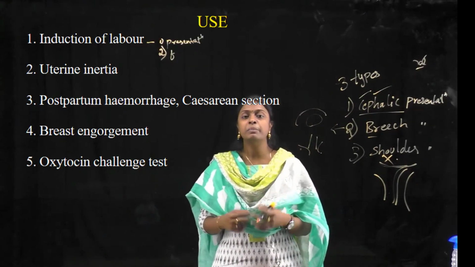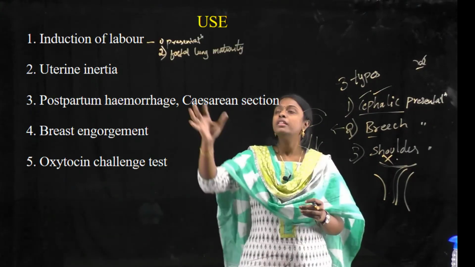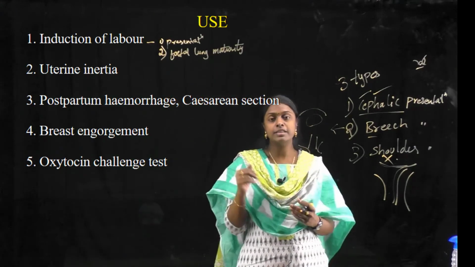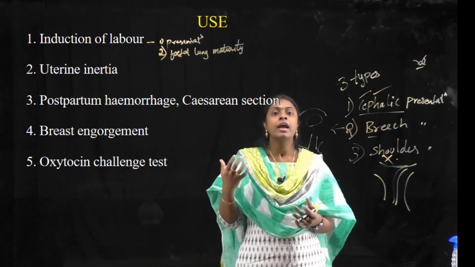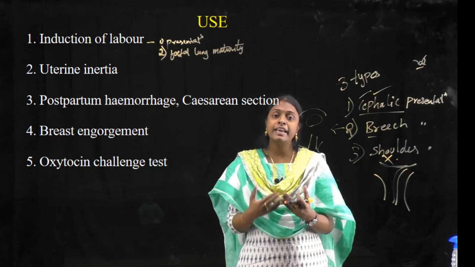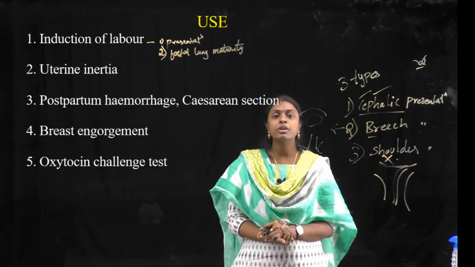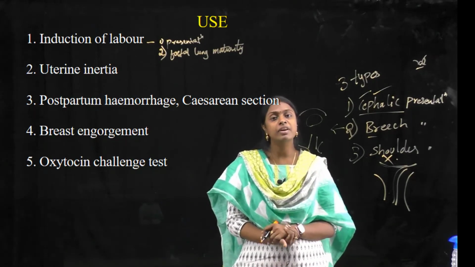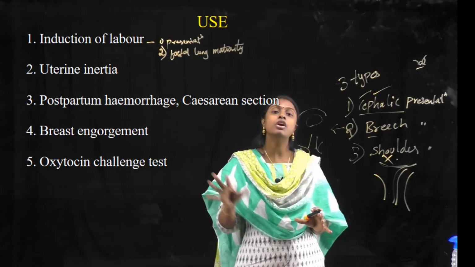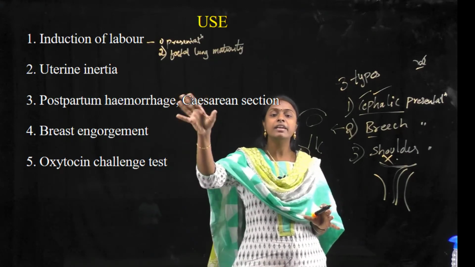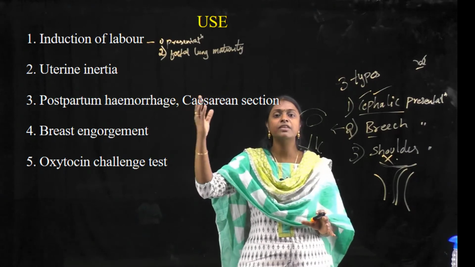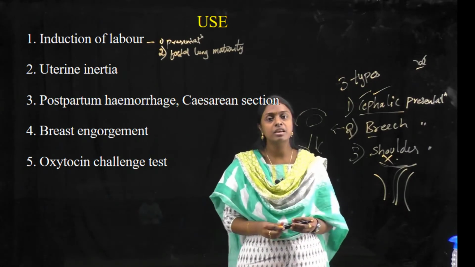So the next one will be fetal lung maturity. The fetal lungs should be adequately mature. Why? Because if it is a premature baby and the fetal lungs are not developed properly, taking that fetus outside will cause more harmful effects to the baby, because the baby can't breathe properly at that time. We should not touch the fetus unless there is maturity in the lungs. But by any chance, if we are taking the fetus outside, we have to keep the child on ventilation.